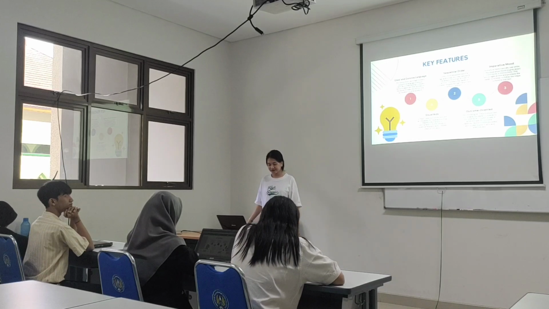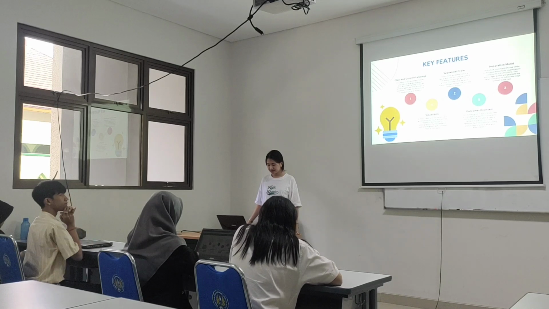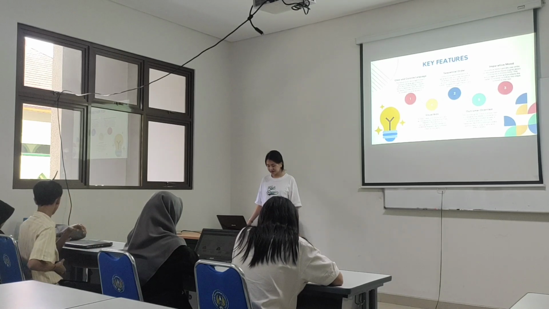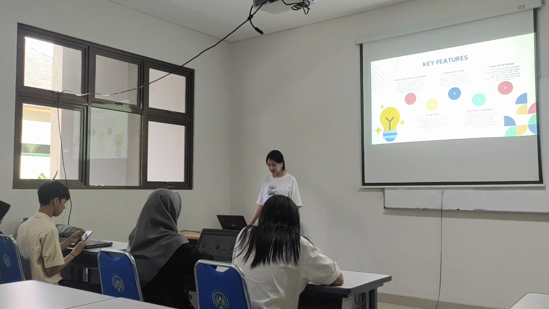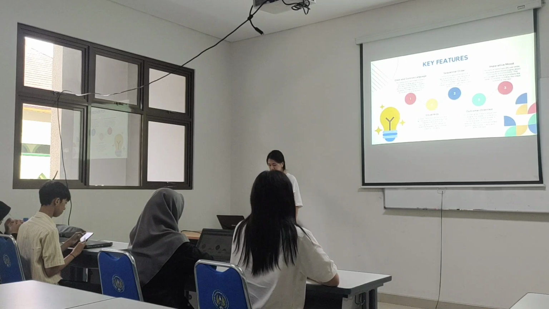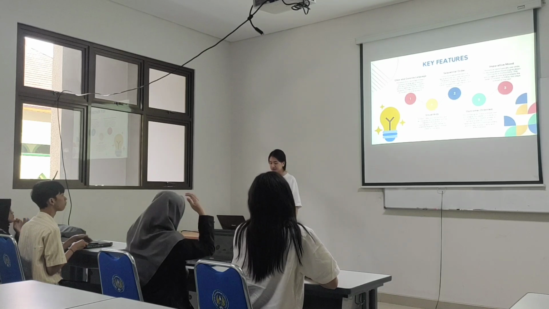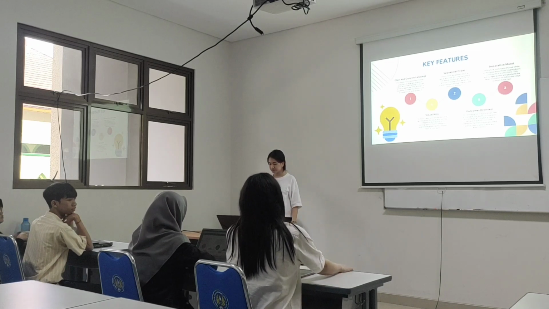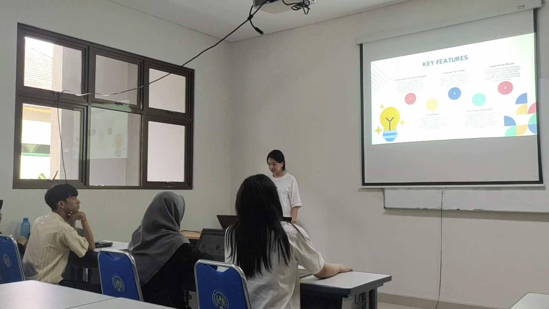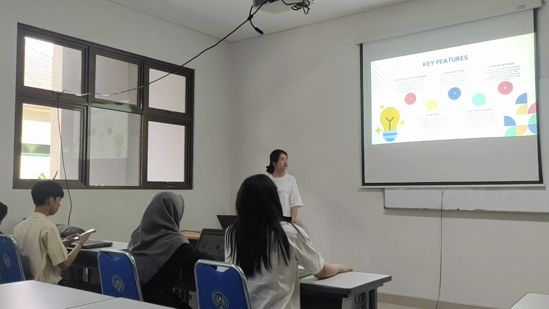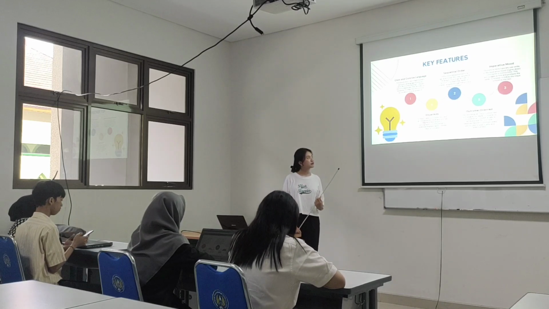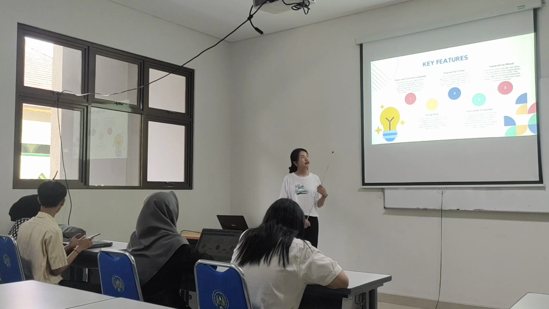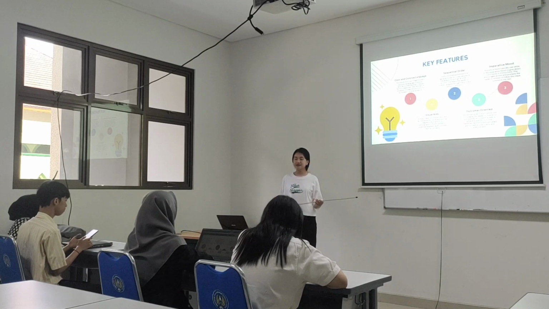The first is clear and concise language. Procedure text uses straightforward and precise language to ensure clarity and understanding. Complex terms or jargon are often avoided or explained to make the instructions accessible to a wide audience. Okay, next. Number 2 is sequential order. Instructions are presented in a logical, step-by-step sequence, following a chronological order of actions. This helps the reader or listener navigate through the process without confusion. Thank you.